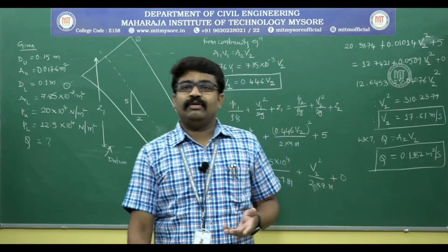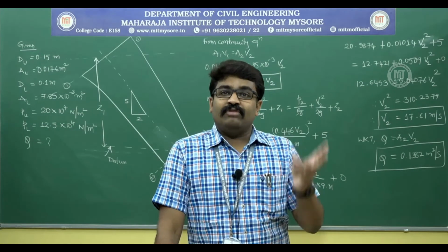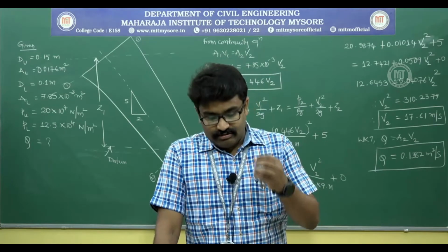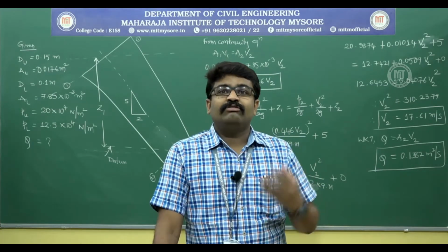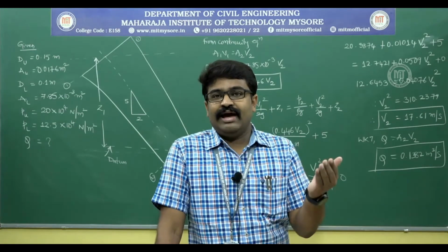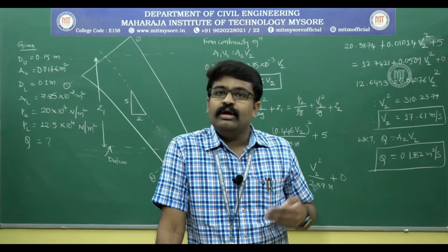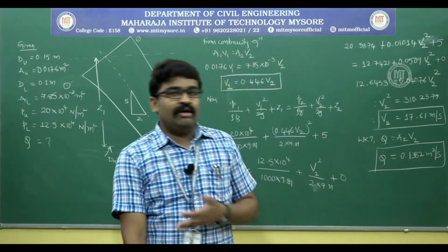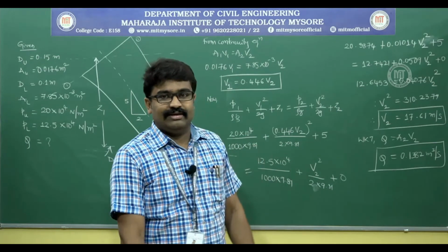Another important point you will have to remember here is, in Bernoulli's equation, V1 and V2 are two unknowns. With a single equation, we cannot solve two unknowns, and hence you will have to keep V1 in terms of V2, for which we have used the continuity equation. Since A1 and A2 were known, I have kept V1 in terms of V2 and solved the problem by applying Bernoulli's equation.